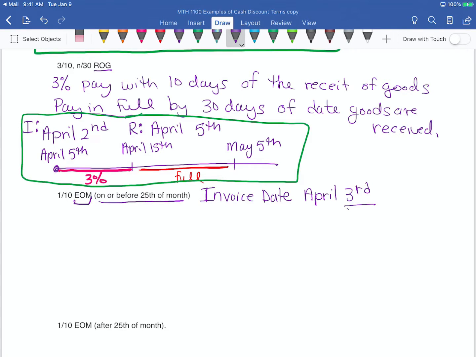The 3rd is definitely on or before the 25th. So what would happen is, if you have end of month rules, you get a 1% discount